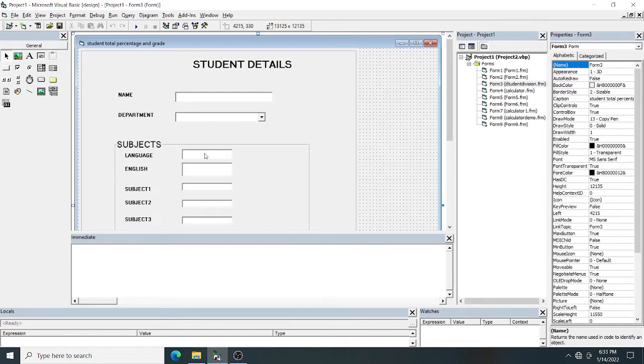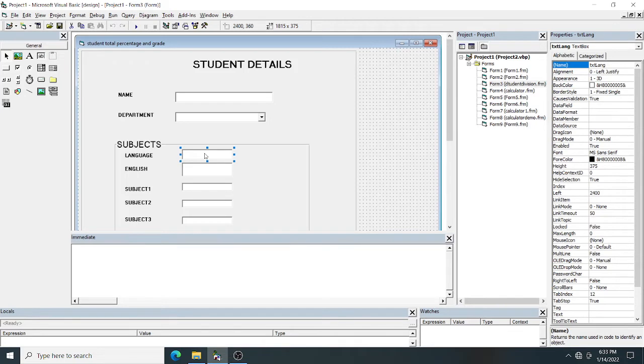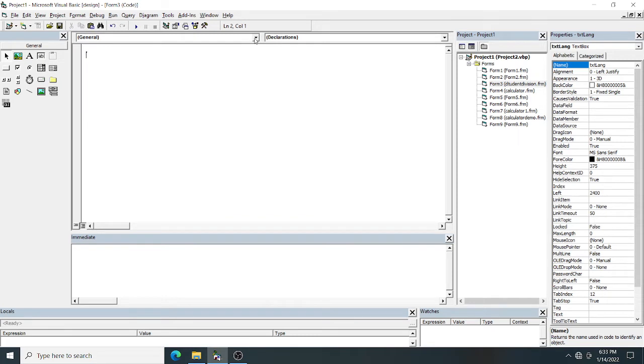Now what I will do: I will double click on the form, otherwise you can go directly to the code window. My text box name I have just changed to txtLanguage, so you have to search for it here.